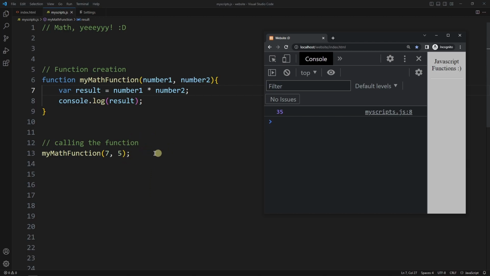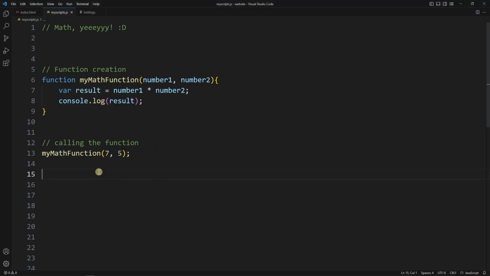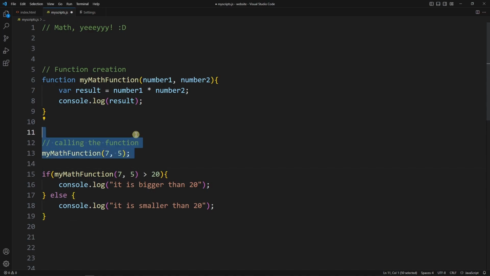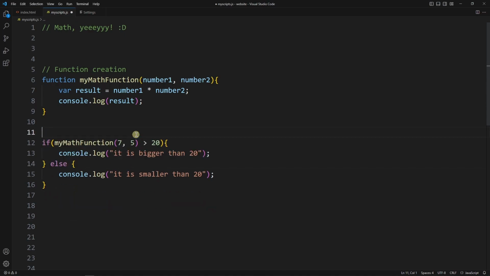So we need to find a way to get this result and use it in the remaining code of our code. So let's say we have this if statement, and we want to say that if the result of our math function is bigger than 20, then say it is bigger than 20, else it should say it is smaller